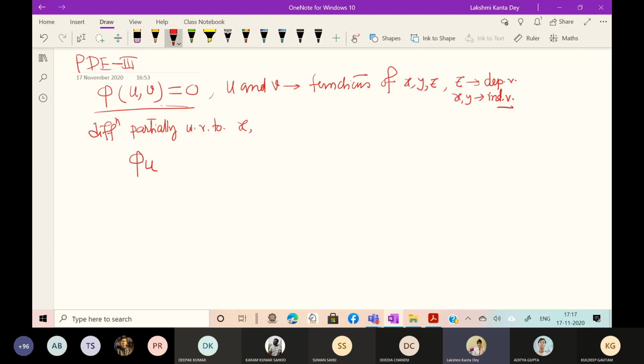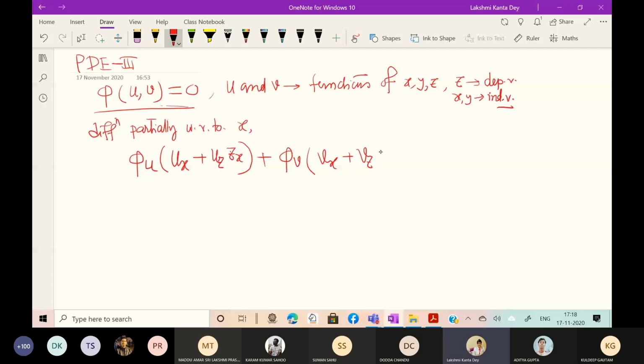And if you go back again, z is a dependent variable of two independent variables, x and y. This is the situation. So phi u times (ux plus uz zx). Clear? Because z is dependent, that is why it has to be zx. Plus phi v times (vx plus vz zx)